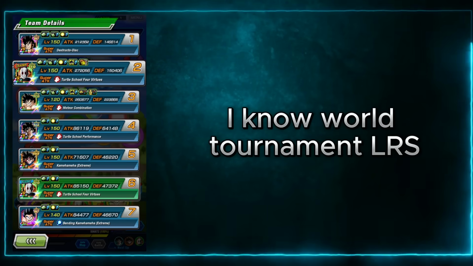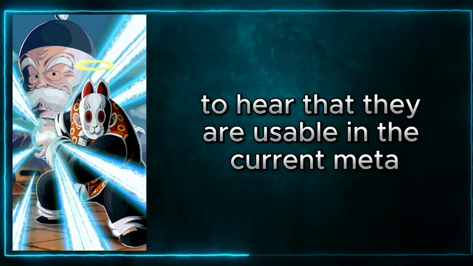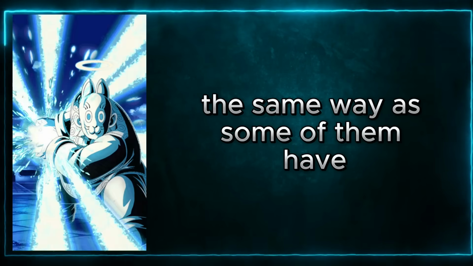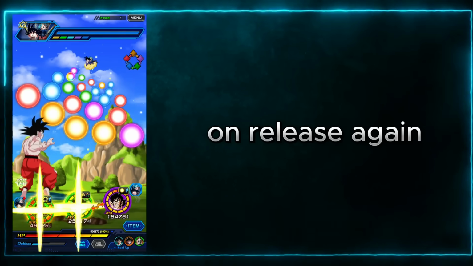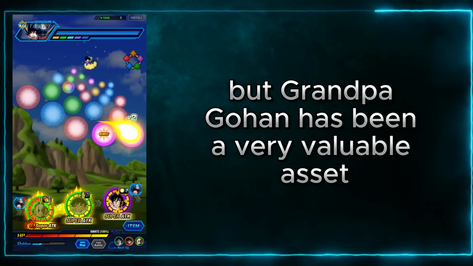I know World Tournament LRs, it's not very rare for them at times to hear that they are usable in the current meta, but there are definitely some World Tournament LRs that did not impact the meta the same way as some of them have. And Grandpa Gohan has definitely been the best of all the World Tournament LRs in my opinion on release. Again, easy A's, whatever, you can argue, but Grandpa Gohan has been a very valuable asset,